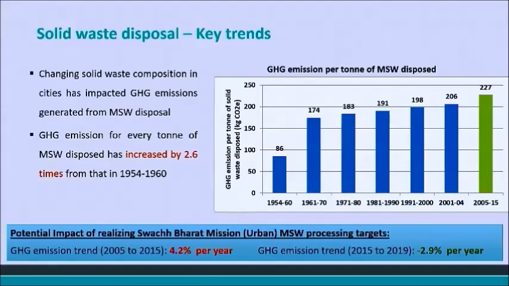Also, given that we have got an increasing trend, but as I said earlier, there are some challenges in the data. So in terms of availability of information on solid waste and its processing, that's intermittent, and that's why it is somewhat challenging to capture the impacts accurately. But overall, the main takeaway here is given the focus that has been put on segregation and processing of organic waste in particular through programs like the Swachh Bharat mission, the trend is that if the activity continues, the emissions will also show reduction. Next slide, please.